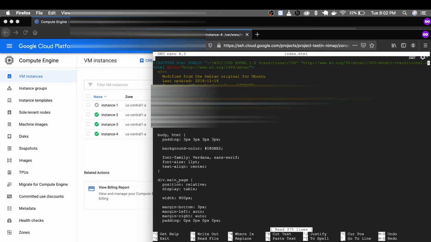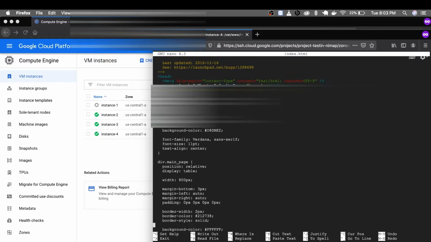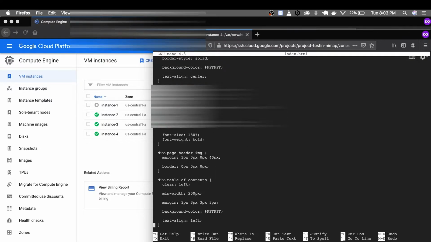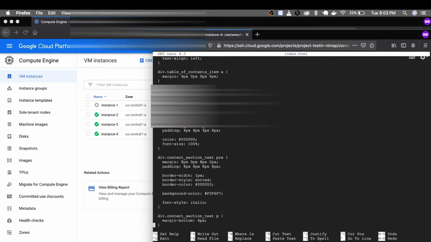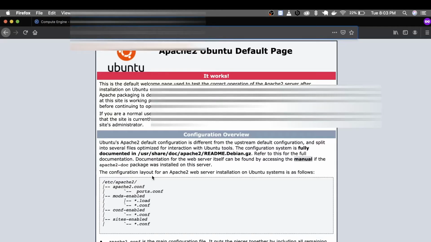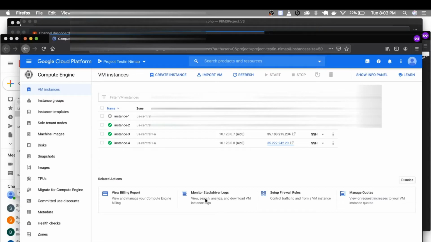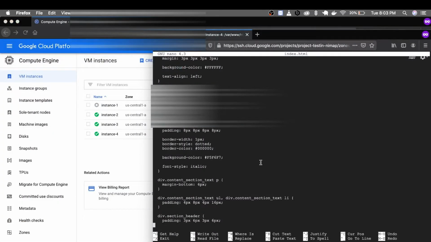This is the file editor we have used. Now in here you can see the default code which we can see here as an output.